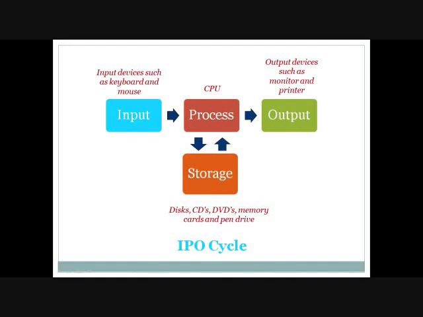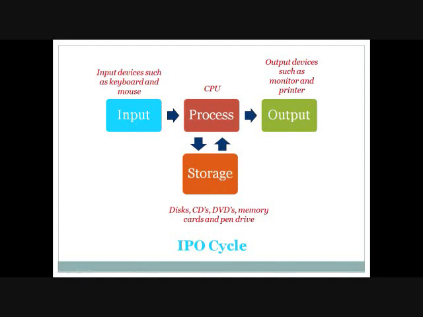In this stage, data and instructions are provided to the computer through input devices. These input devices are keyboard, mouse, scanner, MICR, optical marker reader, microphone, light pen, webcam, etc. The second is about processing information and is called the process stage. The CPU, which is the processing device, carries out all the instructions as per the given data. And the third stage is the output stage.